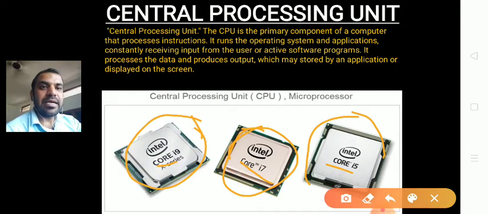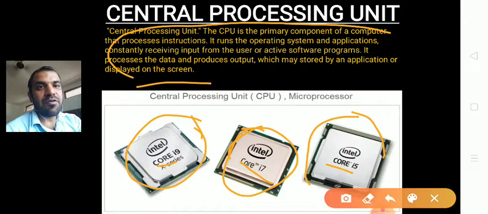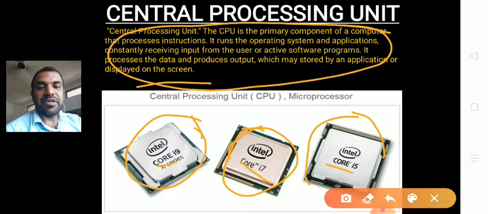It processes the data and produces output which may be stored in an application or displayed on the screen. Overall, the central processing unit is used for converting raw facts and data into information with the help of applications or hardware attached in the computer system.